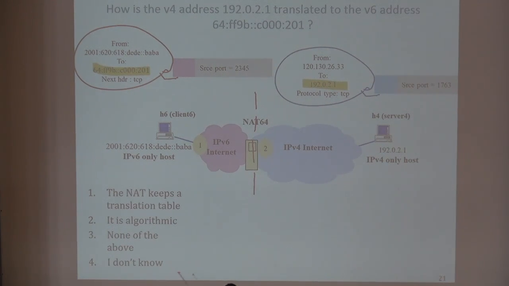So that may seem a bit confusing. Let's see if you're able to answer this question. So this address translation occurs presumably when we have in this direction a packet where this is the destination, where this is the source address, 192, yeah, when this is the source address, or in this direction when this is the destination address. In both cases, we need to translate. How is it done?